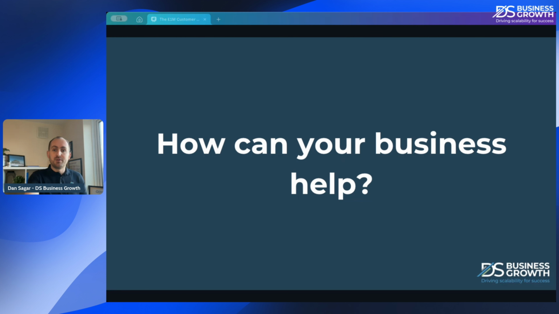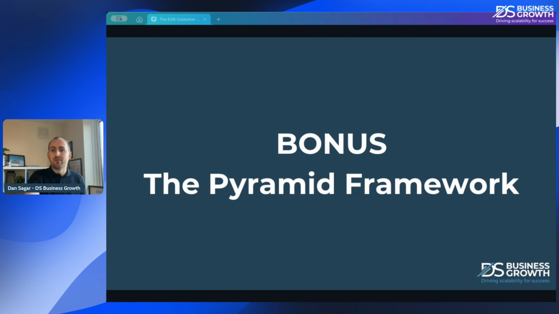But before I want to do that, I just want to show you a little framework here, which I put in as a little bonus. Okay, and I call this the pyramid framework. Okay, and this is a way of categorizing businesses based on how well they're doing, from the guys struggling all the way at the bottom to the ones thriving all the way at the top. Okay, and this can be a really powerful tool for understanding your market and then matching your offer exactly to where your ideal customer is right now. Okay, so this is a really cool little framework.